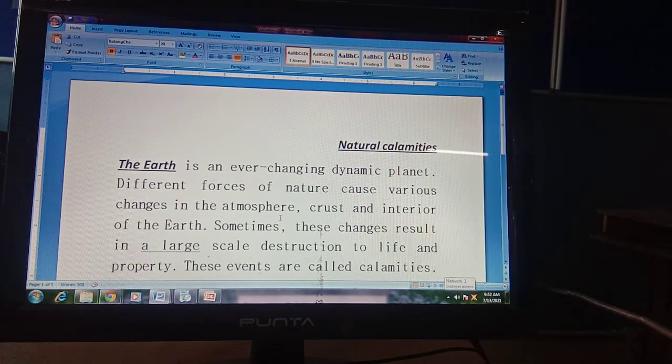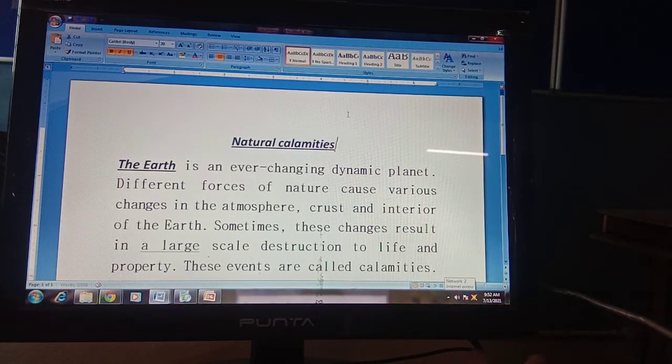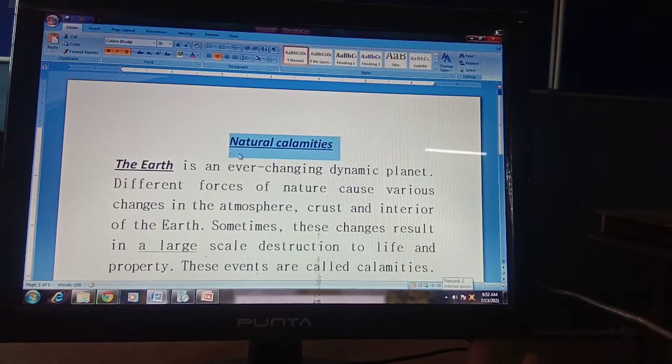Now we will learn how to change the color of the text. Okay, how to change the color of the text. So how to change? First of all, let's make it center line, because always your heading will be center line. Okay, so now how to change the color of the text? For example, I want to change the heading color. So how to change? Just select the heading first. Okay, select the text in which you are going to change the color.